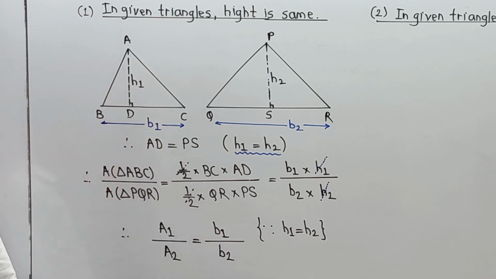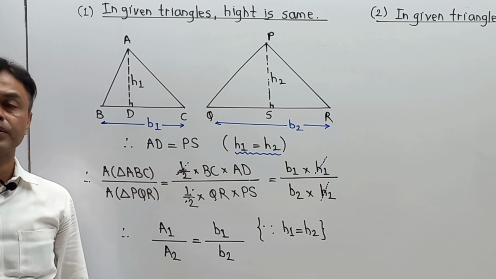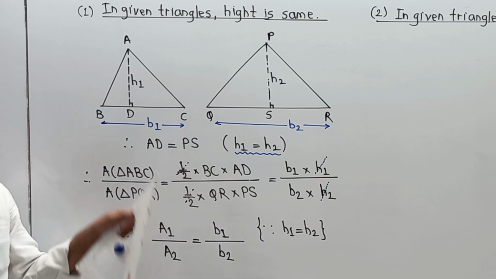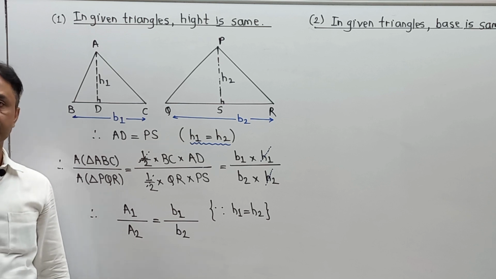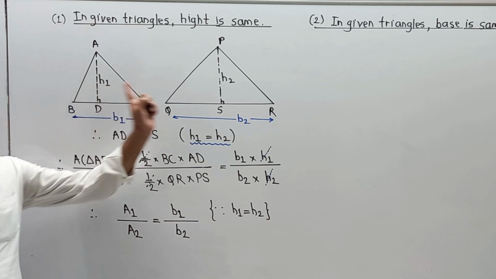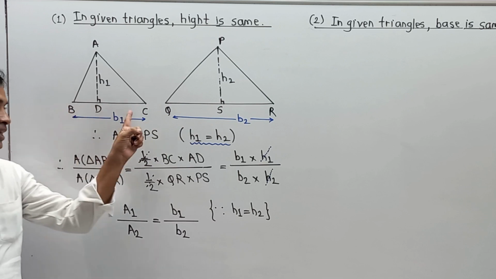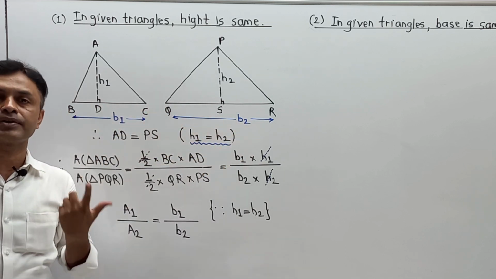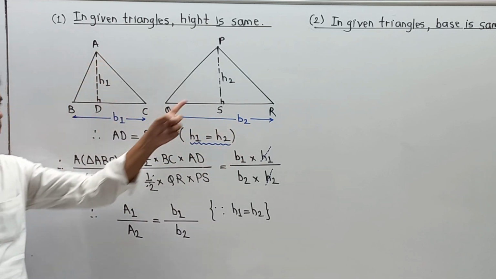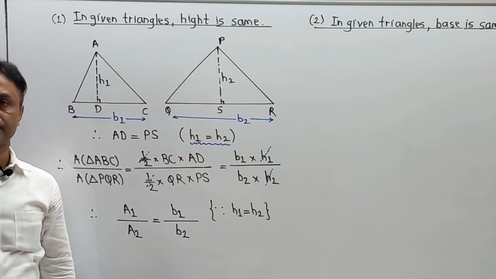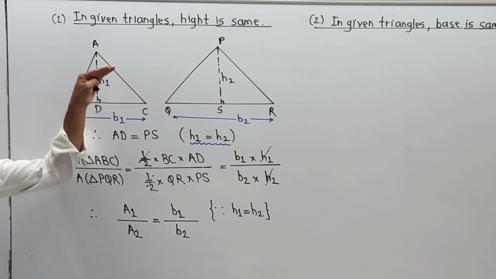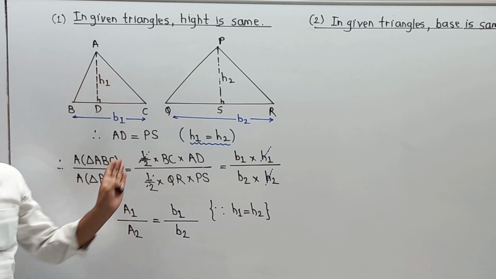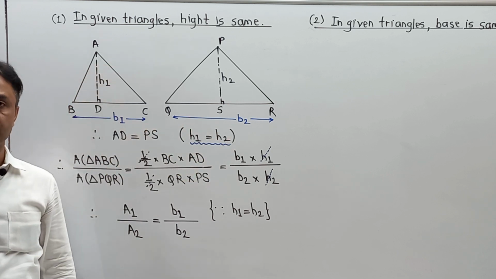And this is the first part in terms of corollary, or you can say conclusion that we are getting, or you can also say a condition which is given over here. Why are we going to call it a condition? The reason is that they have given us two triangles having different base, but in that case they have given a condition, that is height of first triangle is equal to height of second triangle. That's why in the book it is represented in the form of conditions. Now in a similar manner we are going to solve the second condition also, so please pay attention.